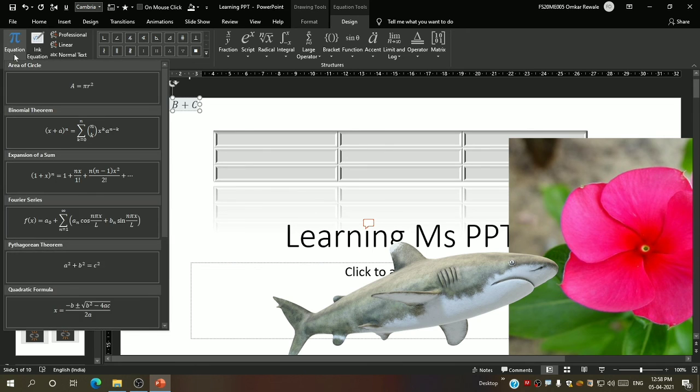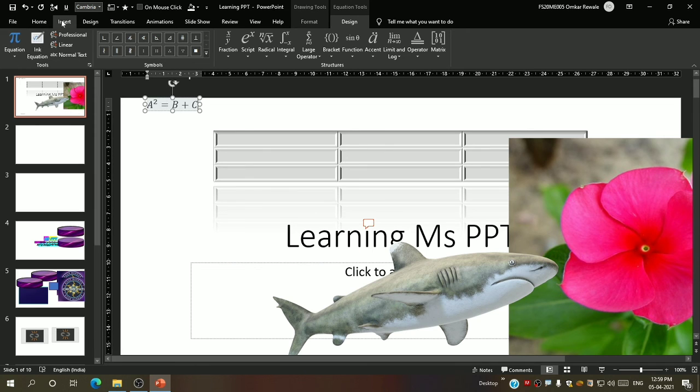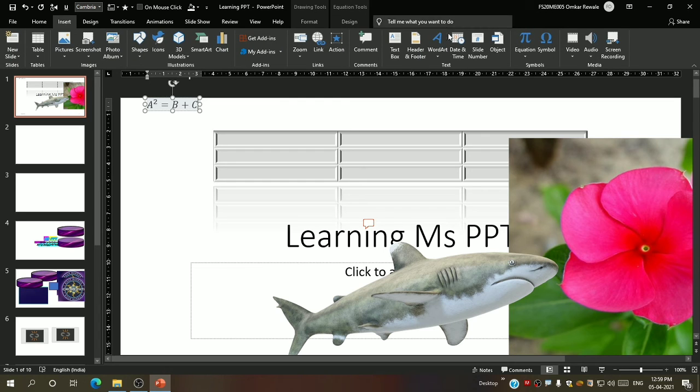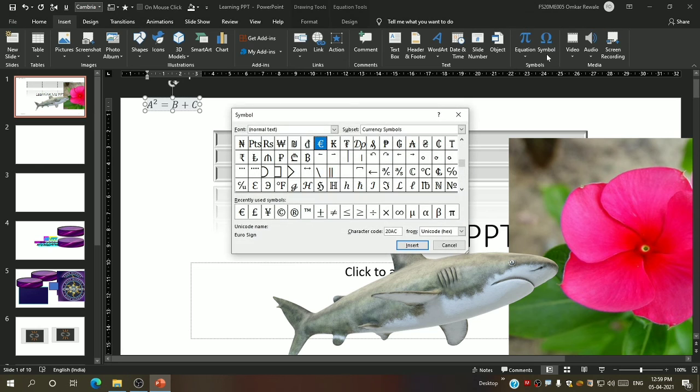Again the same option over here, Equation. Again I will go to the insert tab, then symbol. Now these are some symbols. You can use this filter, currency symbol. Here are many types of symbols. You can use them accordingly.